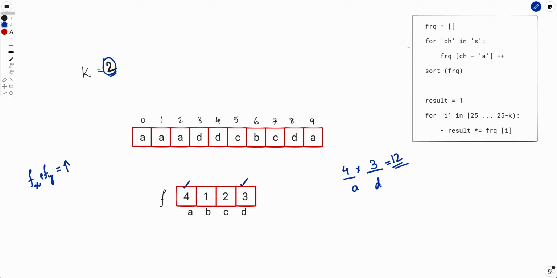We will simply figure out the frequencies, sort the frequencies, right? And then we will pick the largest k from those frequency array, starting from 25 down to 25 minus k, and we will just multiply their frequencies and this will be our result, right? Now this is fine, but